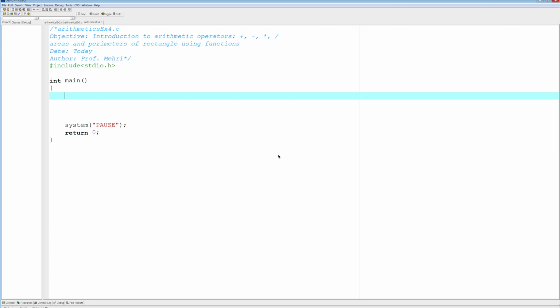This lesson's objectives will be a combination of functions and arithmetic operators. So this would be a good review on how to use functions. Let's suppose we have a problem at hand where we need to calculate the area and the perimeter of a rectangle. So what we're going to do is separate these two concepts and associate each to a